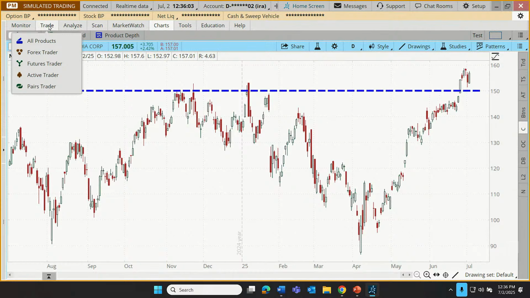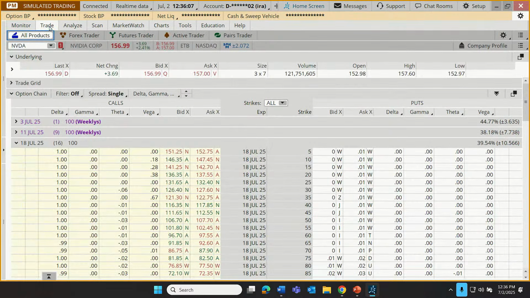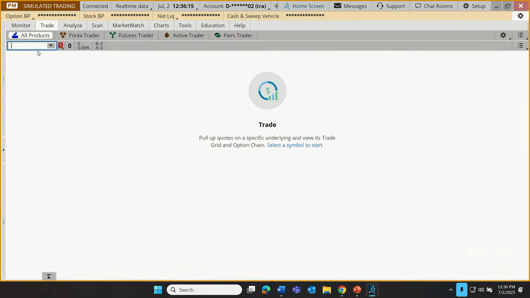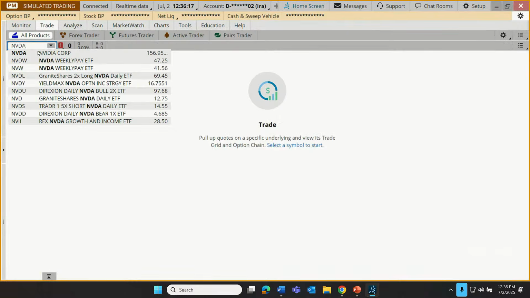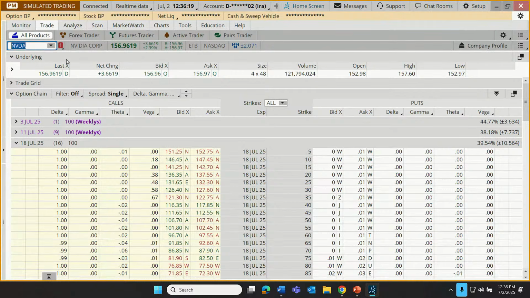But here's one way to place a stock trade. Just do what's intuitive. Go to the Trade tab. And to place a trade on Thinkorswim, first of all, we want to make sure that we have the correct symbol in here. I already have it preloaded, but if we were starting from scratch, we might just type in that symbol. And then to place an order, we're going to come to the ask price.